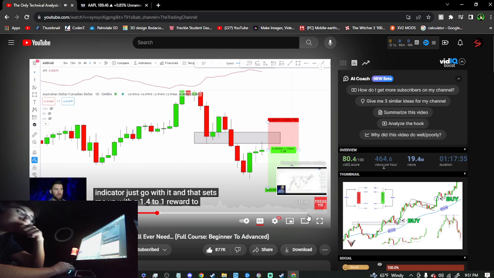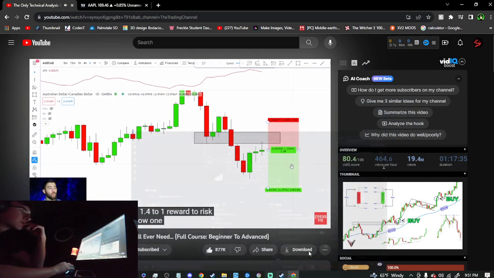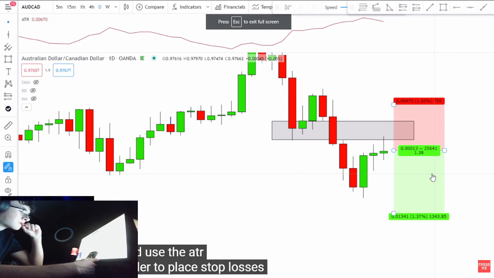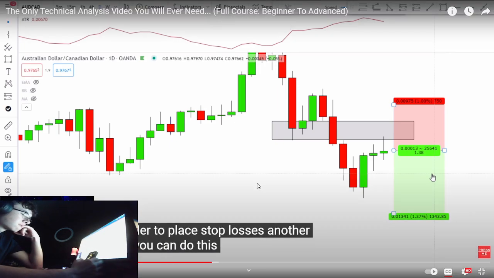To 1 reward to risk ratio. This is one of the ways that I would use the ATR in order to place stop losses. Another way you can do this